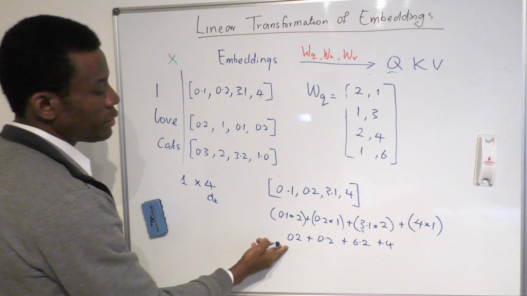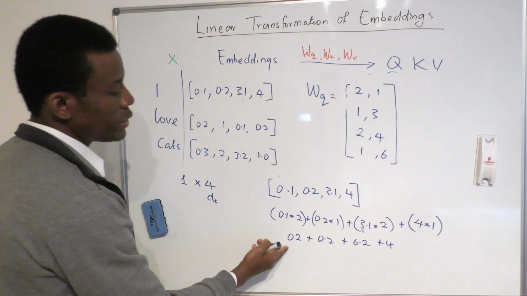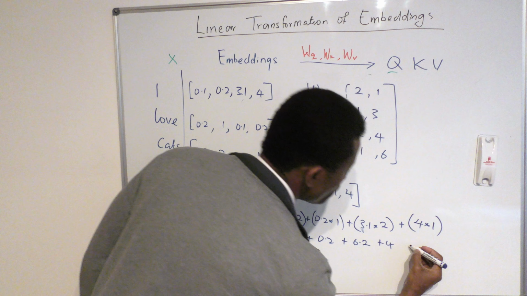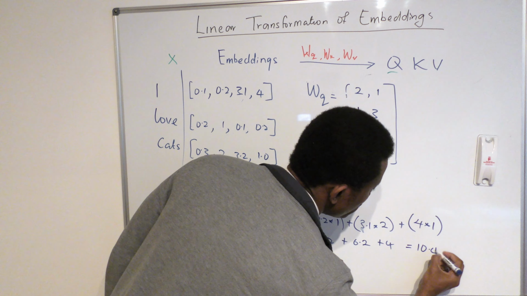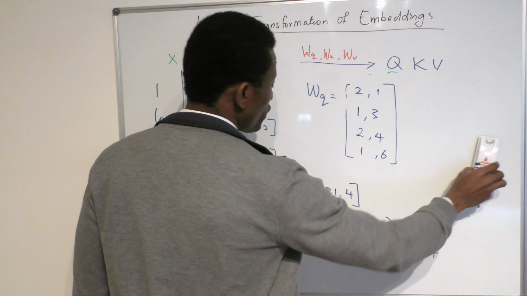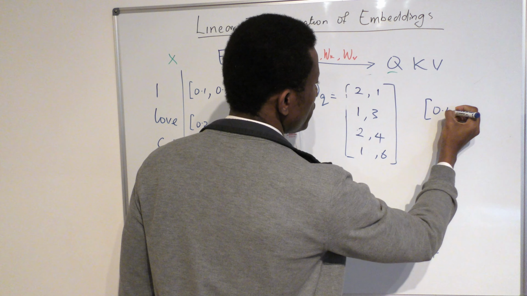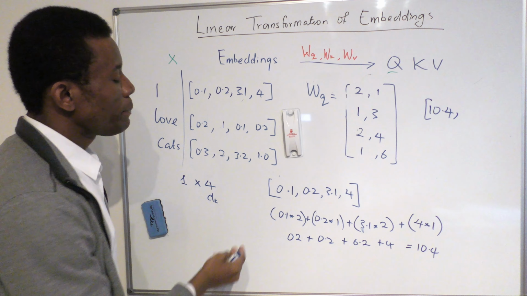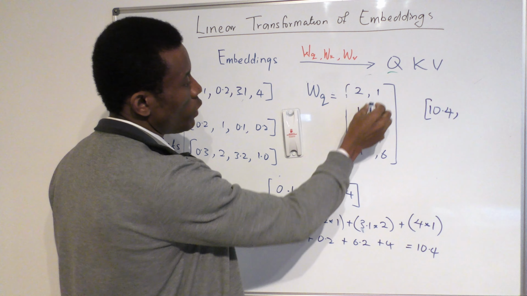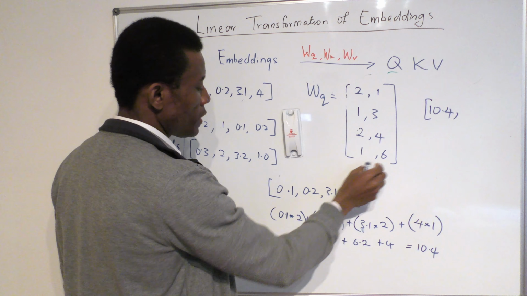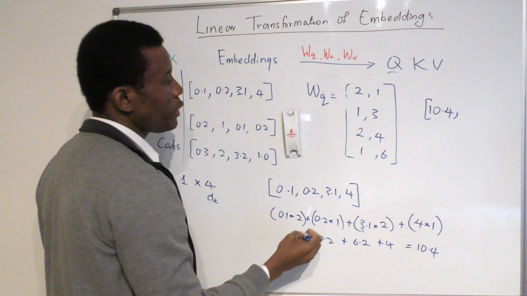So when you do this calculation, you have 0.4 plus 6.2, that's going to give us 6.6, right? And then plus 4 is going to give us 10.4. And the result of the operation, we have 10.4. And when we repeat this operation for the second column, this times this, we are going to now have